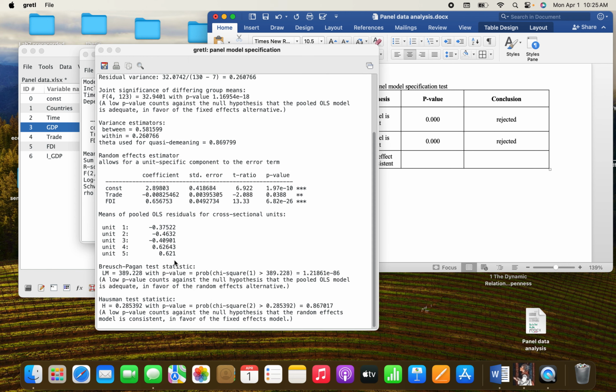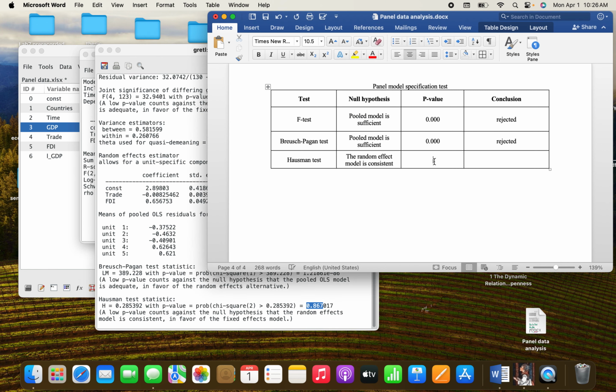So we need to go to the Hausman test. You can see the p-value here, which is the Hausman test, comparing the random effect model with the fixed effect model. So this means that the random effect model is adequate because the p-value is greater than 5%. And as you can see here, the majority carries the vote because